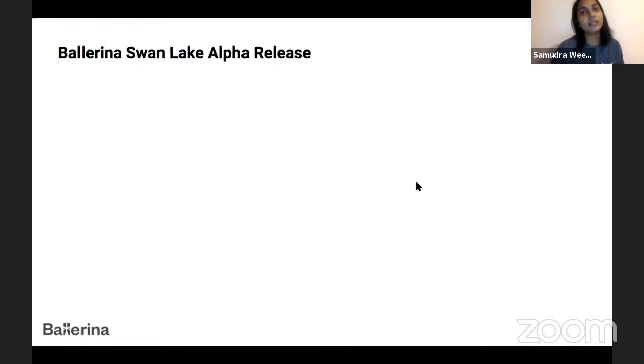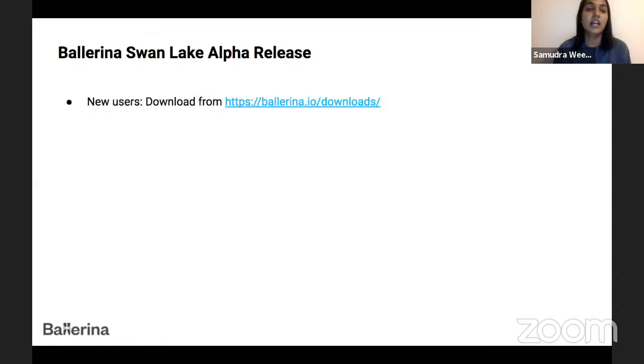And one more thing before we get started, I just wanted to mention that we are releasing the alpha, Ballerina Swan Lake alpha, this week. So if you're a new user, you can download it at ballerina.io/downloads. It's actually after the stable release, so if you scroll down, you'll see the alpha release details.